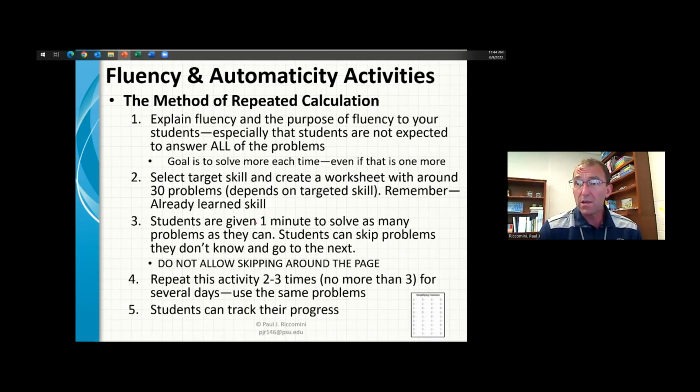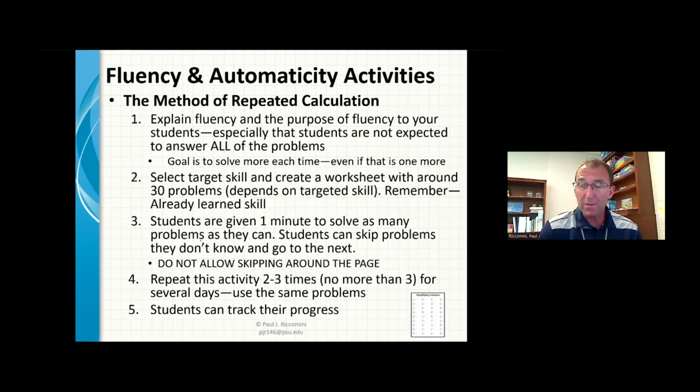Students are given 1 minute to solve as many problems as they can, 2 opportunities, and you would do the same set multiple days in a row. Now, this is where I want to do a little bit. I just pulled a worksheet off the internet to show you this. There were fractions on there that were kind of weird. I would zero in on making these all halves, thirds, like the anchor benchmark fractions, and make them a little more focused than what I did.